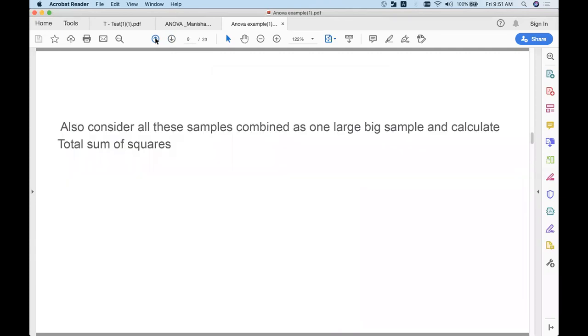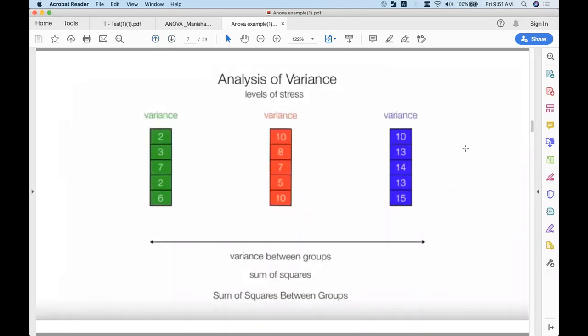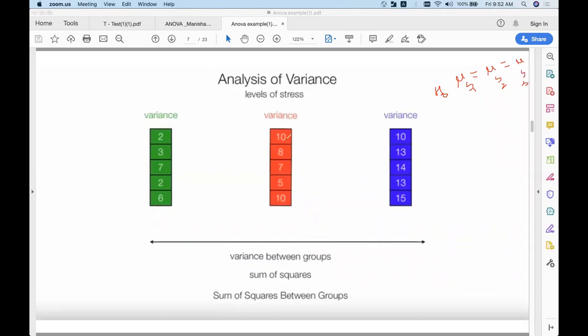The null hypothesis is pretty straightforward here. So what is your null hypothesis? The mean stress level in situation 1 will be equal to the stress level in situation 2, which will be equal to the stress level in situation 3. Of course, the stress will be different at different layoff announcements. It might look like it doesn't even make sense, since we already know that the levels of stress will increase as the announcements happen.